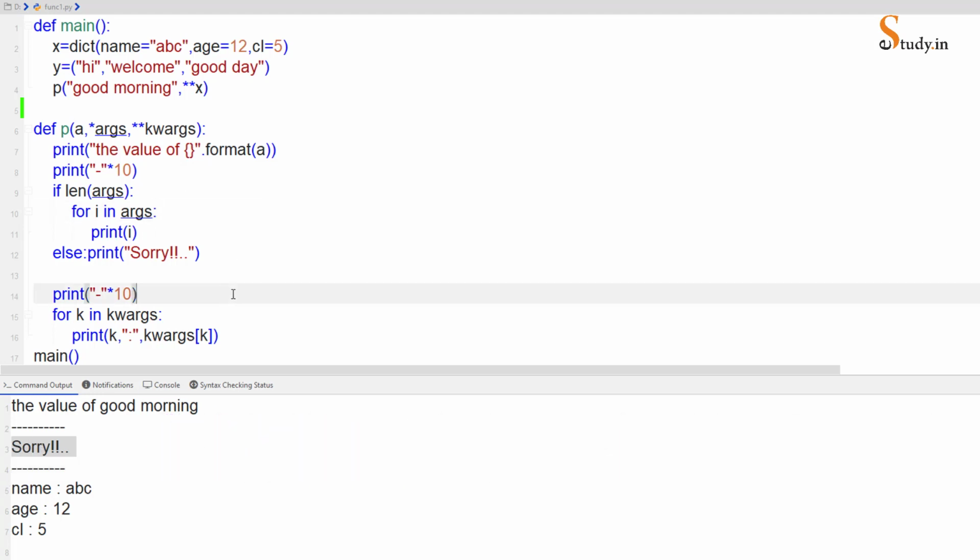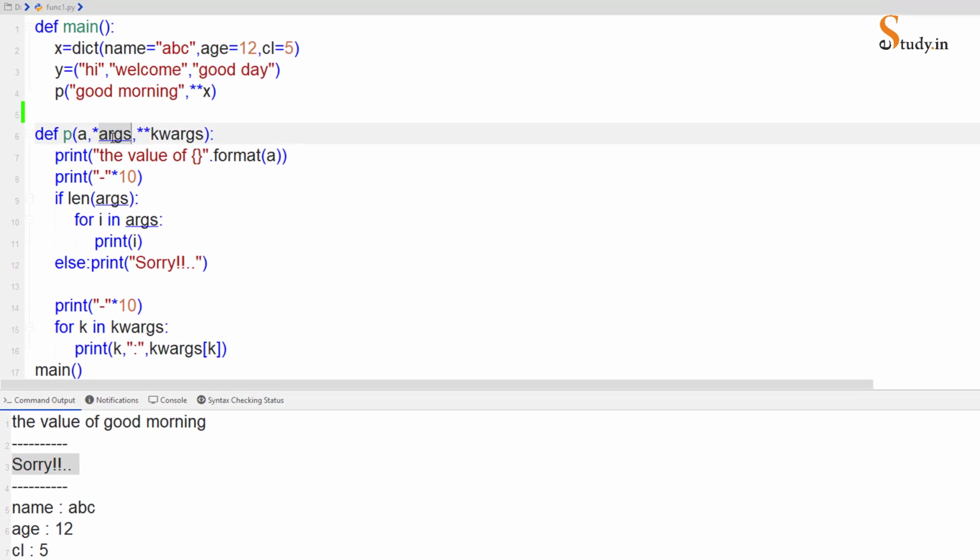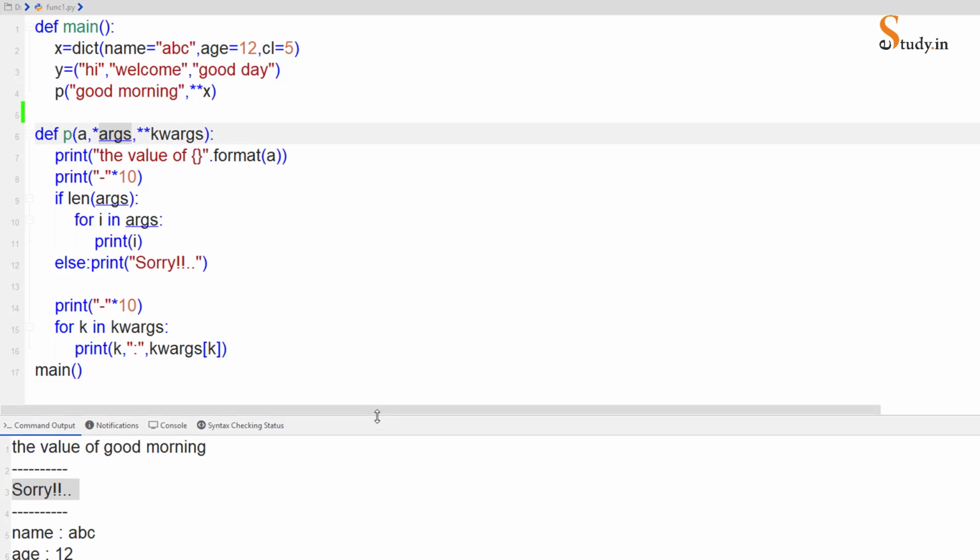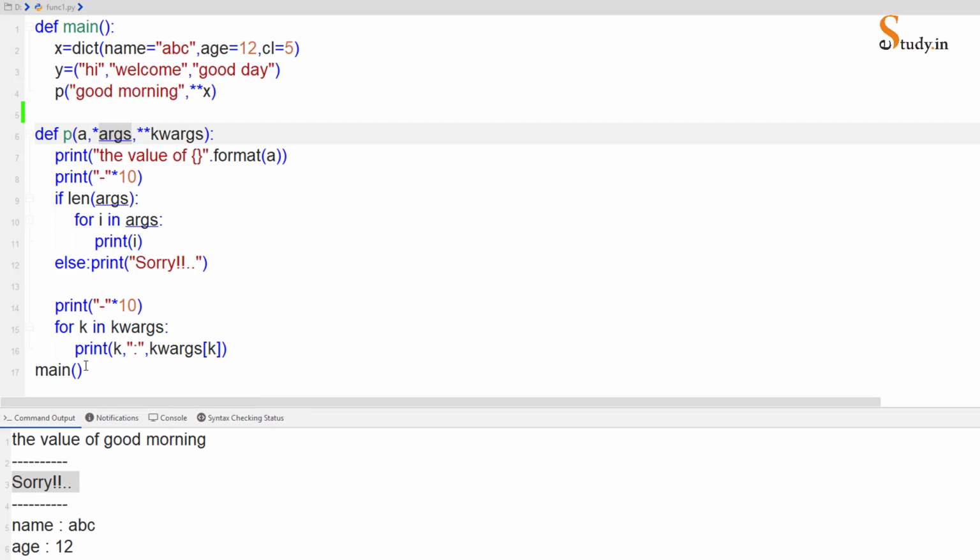Okay, so this is what is about the keyword arguments. Keyword arguments combined with positional argument and the single star, which is for variable length of arguments, which will be passed as a tuple. So we have combined all these, and we have seen an example here which makes use of all the three. And one last thing before we end the video.